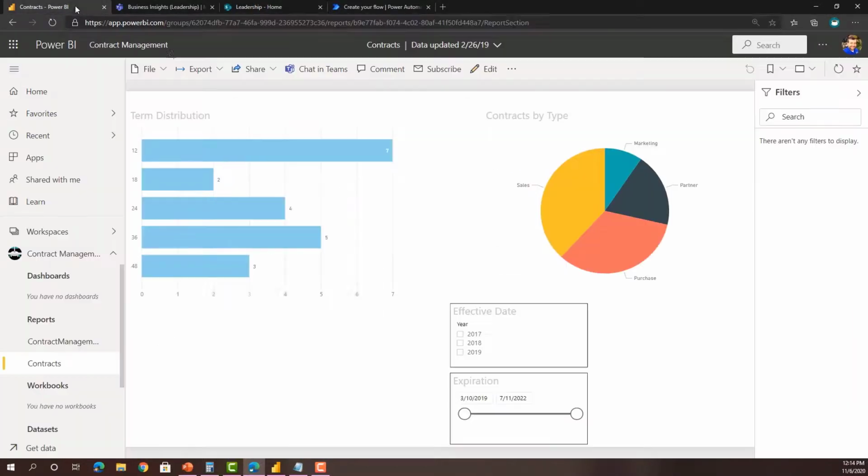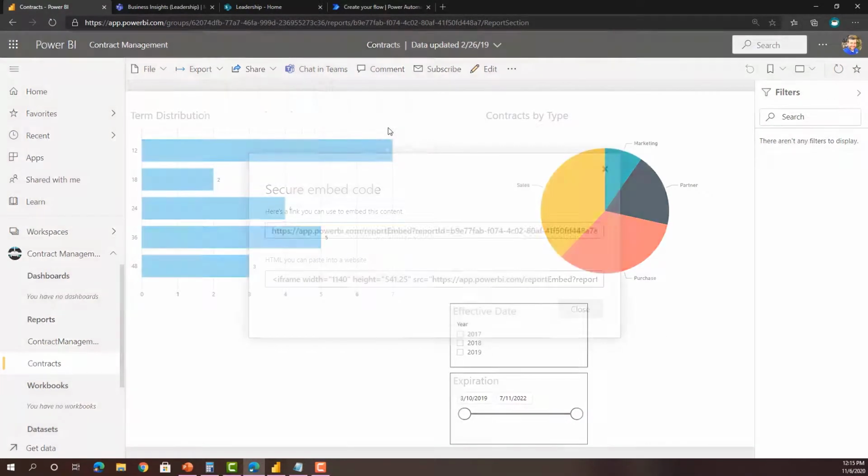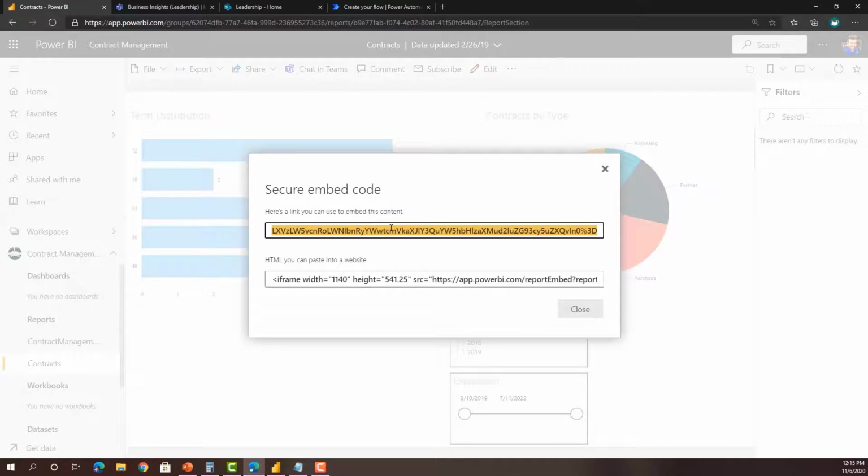Okay, let's go back. I can share not just in SharePoint Online, but in a website or portal. This is a way for us to share if we have a website, internal website, or maybe it's an on-prem SharePoint server. This is how you do it. So you can copy this link for this iframe, for instance, and you can paste this into your SharePoint server on-prem site. And what it'll do is it'll put the report there.